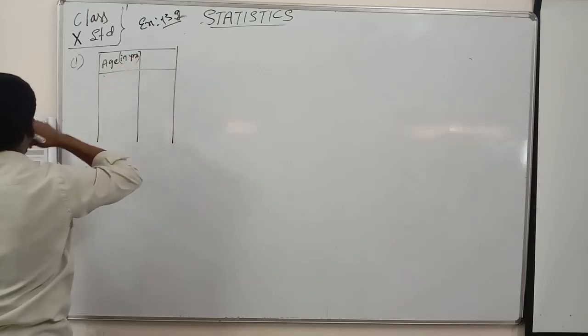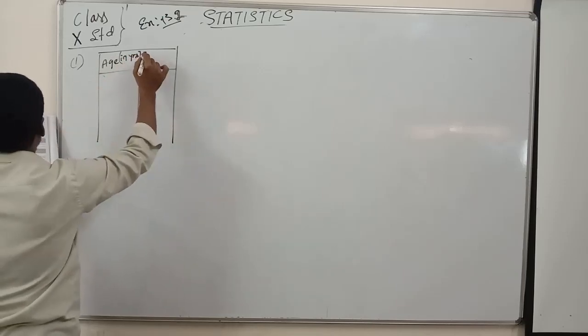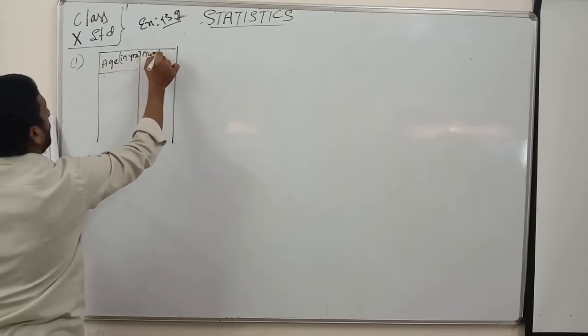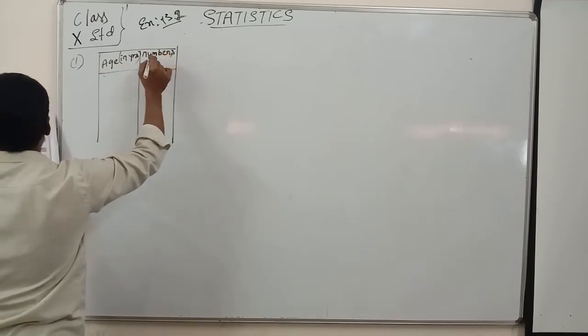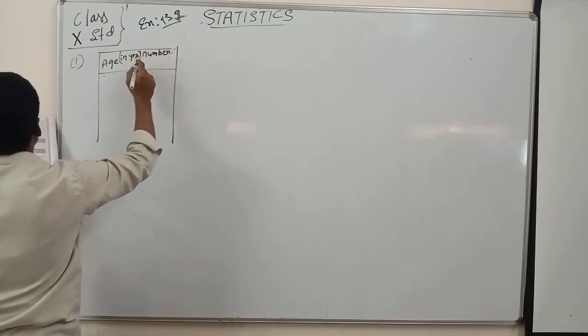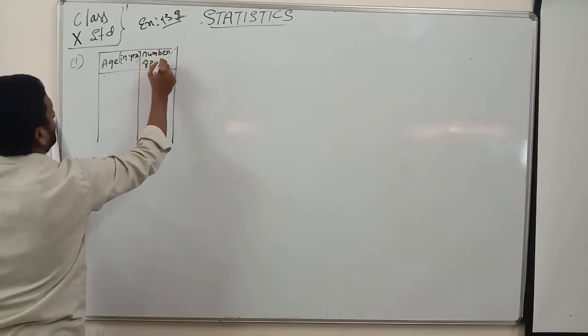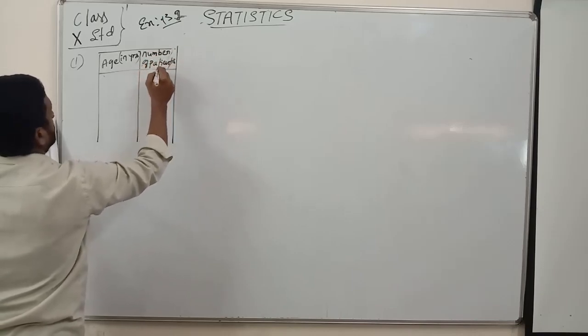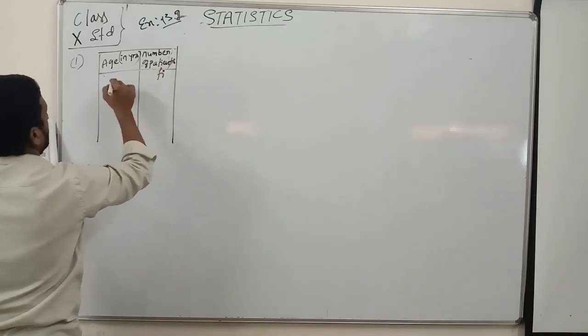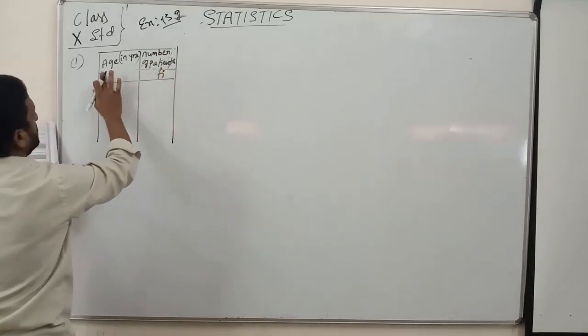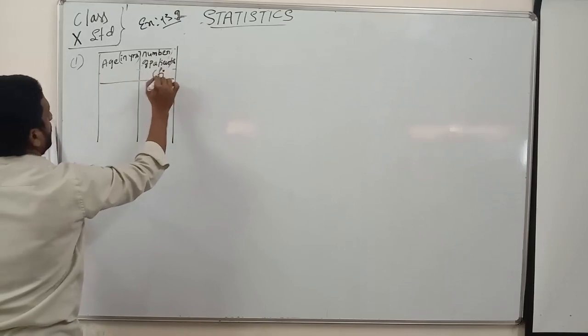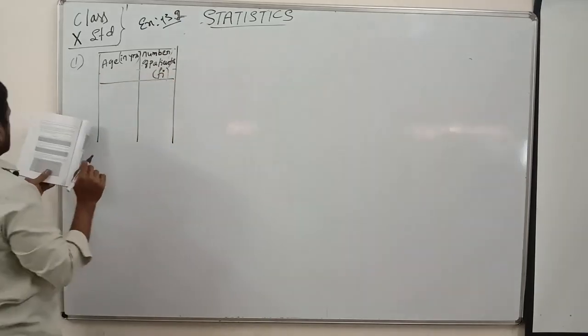The second column: number of patients, that is nothing but fi. So what is given here is